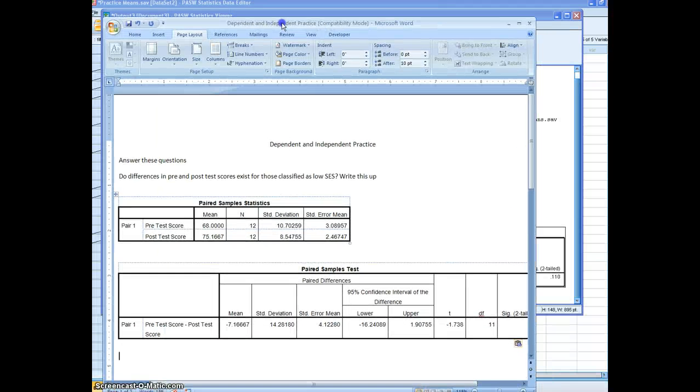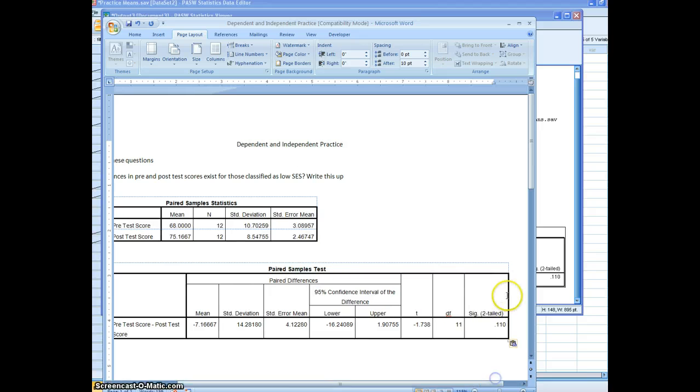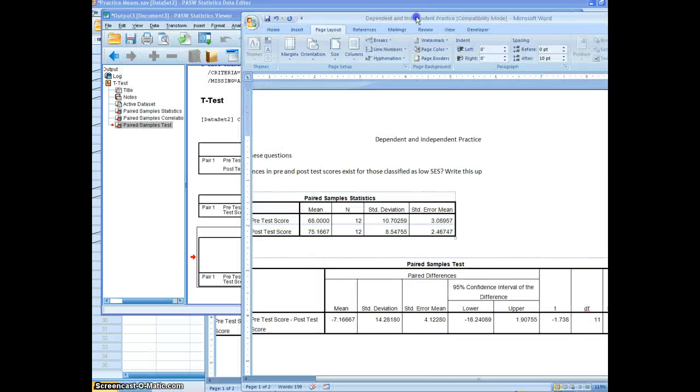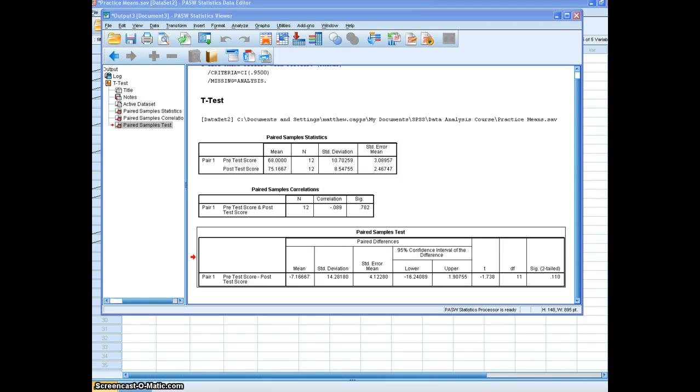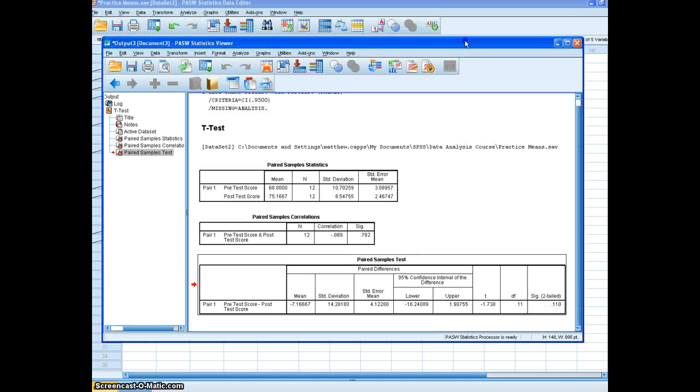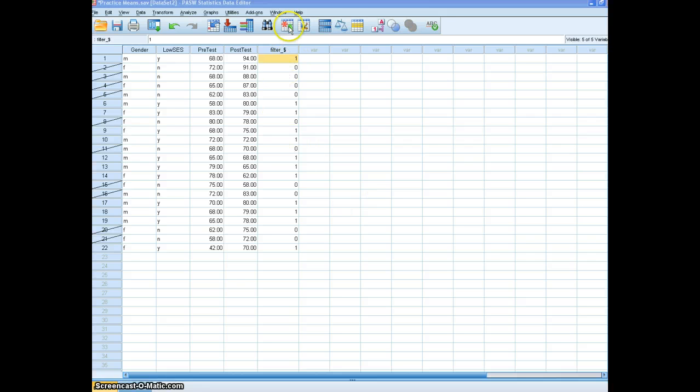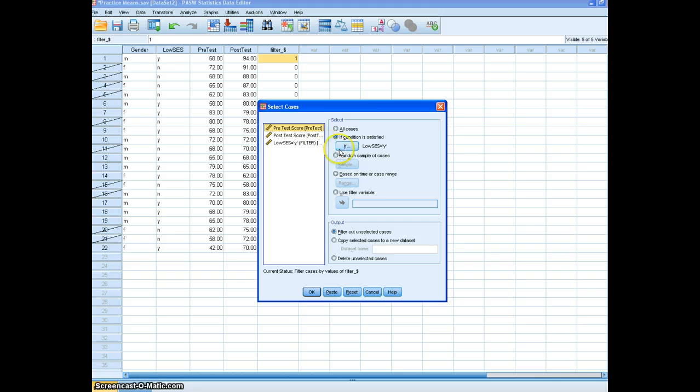Okay, so I moved all those over. The problem with this is the table that you get back is so wide, I've got to turn this on landscape to make it fit. Now, the next question that they asked is, do differences in pre and post-test scores exist for males? So I'm going to throw this out because I'm done with that. Now I'm going to go back to my filter, and I want to know, for males,